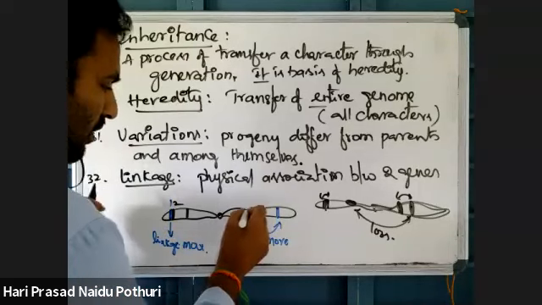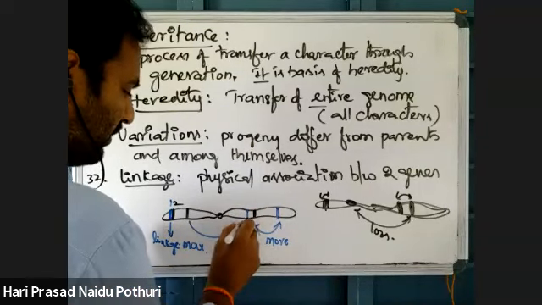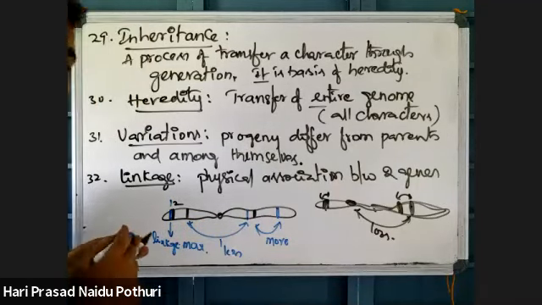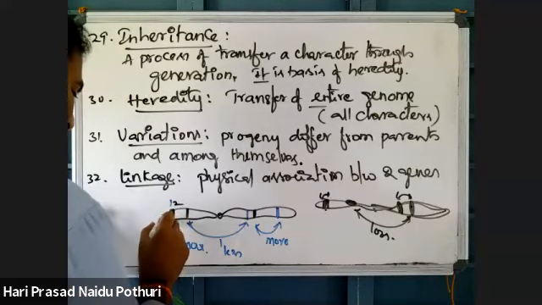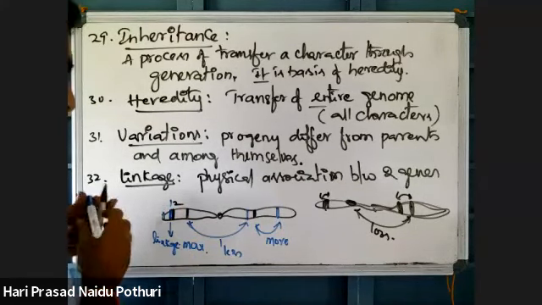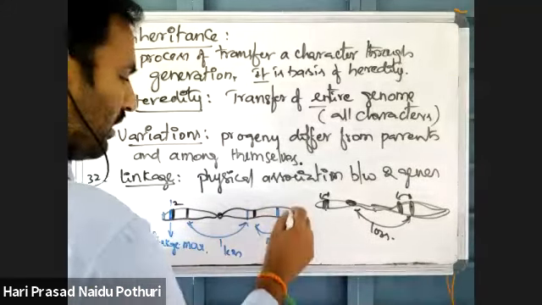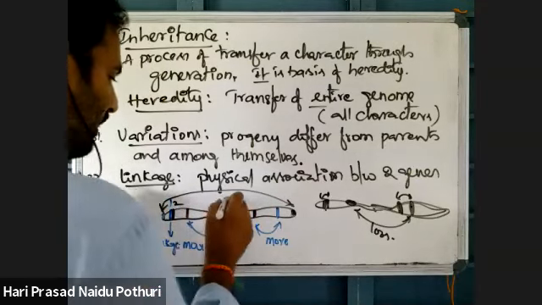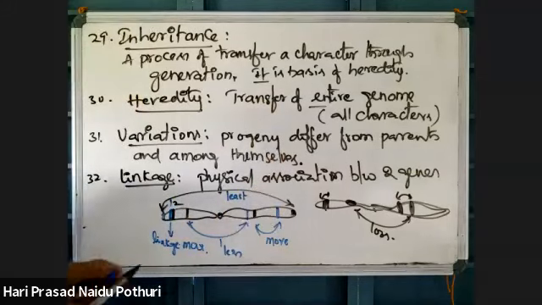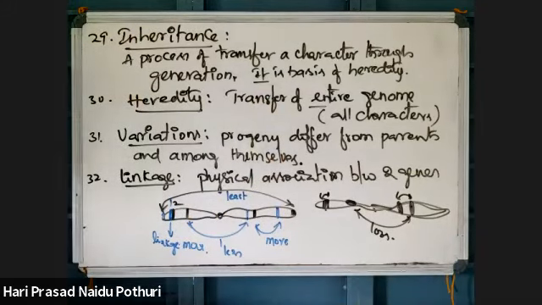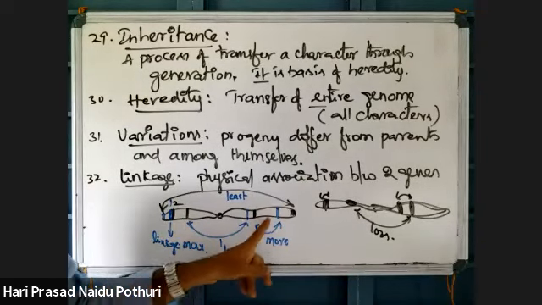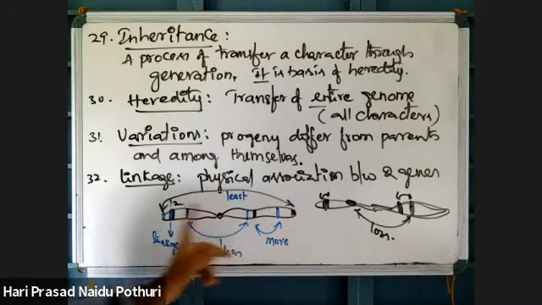This gene is here, another gene is there. If the distance between two genes is very large, then they are less linked. Suppose one gene is at one end of the chromosome and another gene is at the other end. Now this linkage is least, or minimum. Like that, physical association between two genes is called linkage. These are maximum linked, these are more linked, those are less linked, and these are least linked genes. Understand?